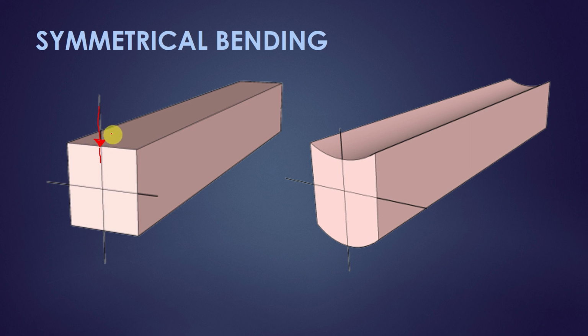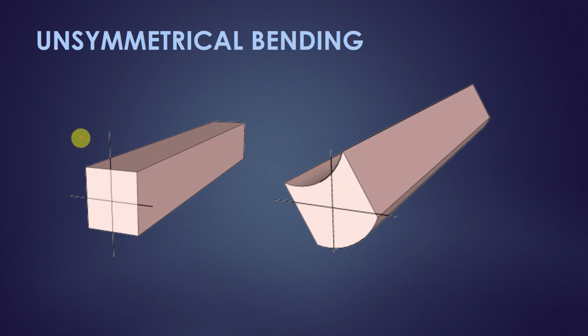However, for any symmetrical axis, when the load is applied exactly parallel to one axis, so let me say y-axis, the bending will occur like this, isn't it? That we have already seen with some assumptions in theory of pure bending, and there by using this equation M by I is equal to sigma by y is equal to E by R, you can easily calculate the moments and stresses, right? So if the load is acting in this inclined manner, not in the direction of any principal axis, then what will happen? The bending will not occur in this way. See here, if you apply the load in this manner, inclined load, the bending will occur like this. That is nothing but unsymmetrical bending.